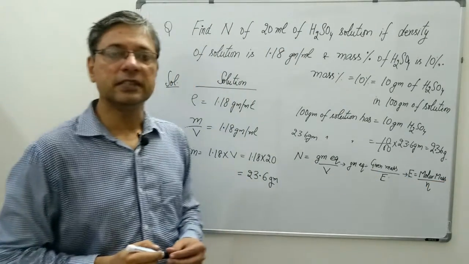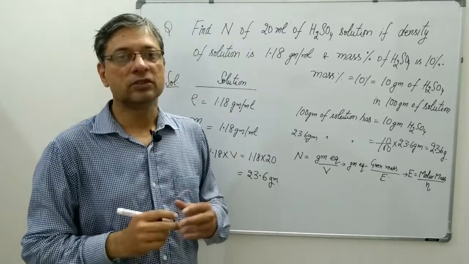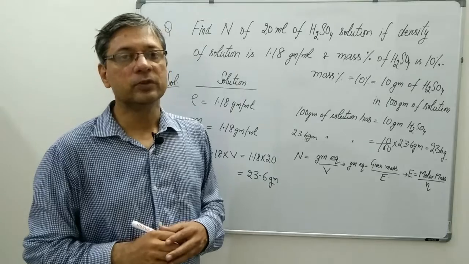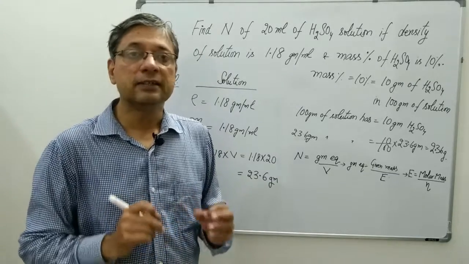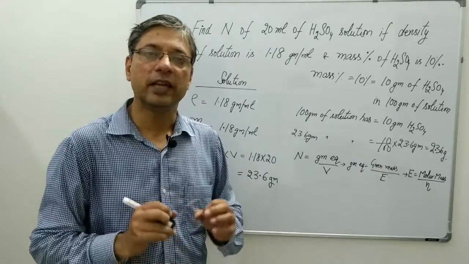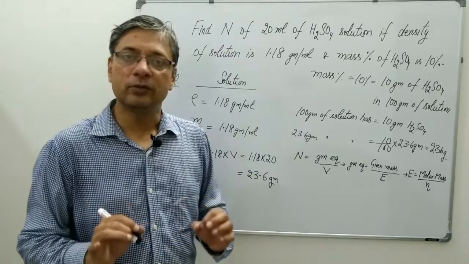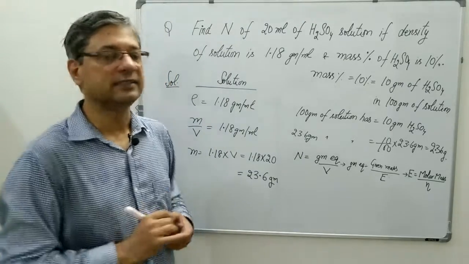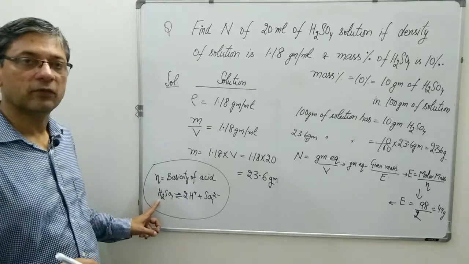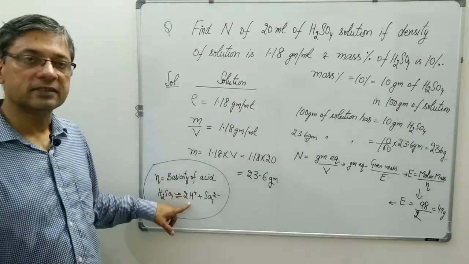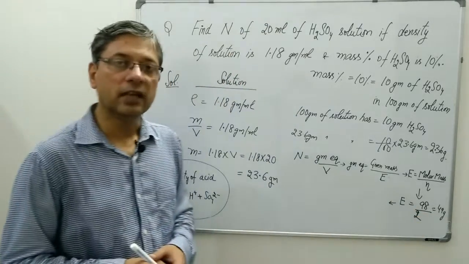Molar mass of sulfuric acid is 98 grams. Equivalence factor. Sulfuric acid on dissolving in water dissociates into hydrogen ions and sulfate ions, and it produces 2 hydrogen ions. That means the basicity of sulfuric acid will be how much? 2. Therefore, the equivalence factor will be equal to 2, that is the basicity of the acid. Equivalence factor is equal to basicity of acid, and on dissociation sulfuric acid produces 2 hydrogen ions. Therefore, equivalence factor is 2 and therefore equivalent mass comes out to be 49 grams.